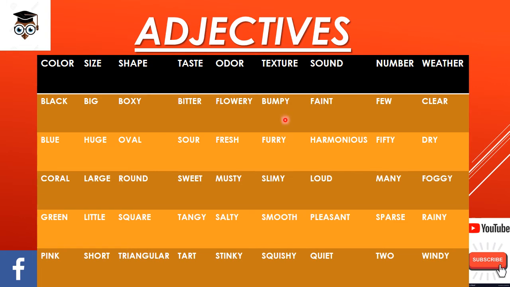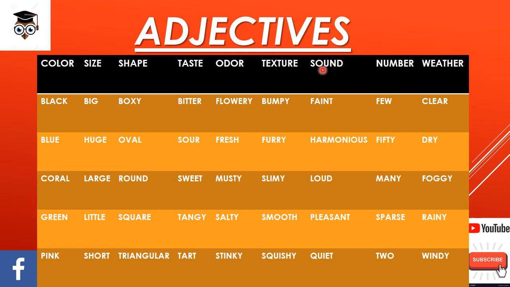Texture. If you are touching something, if you are feeling something, it can also be called an adjective. That is bumpy, furry. The cats are very furry. So they are describing the cat as very soft and furry. Slimy, smooth, swishy.